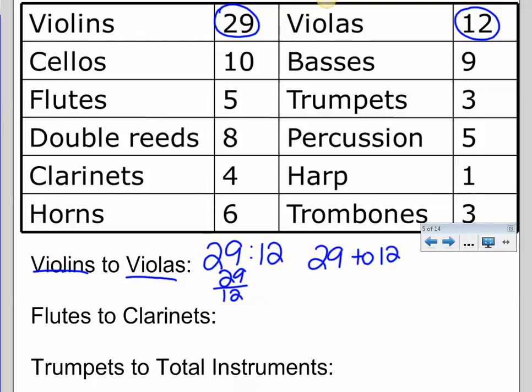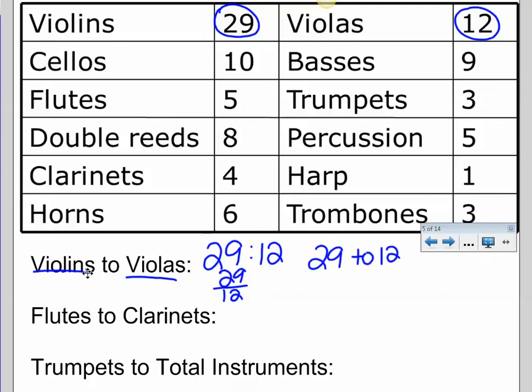viola players. What I want you guys to do right now is look at the chart, and come up with the number of flutes to clarinets and fill that one in. I'm going to check that answer in class tomorrow. So now you try to write a ratio of flutes to clarinets. You can come back to that later because I'm going to go on and show you one